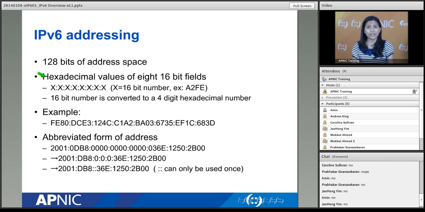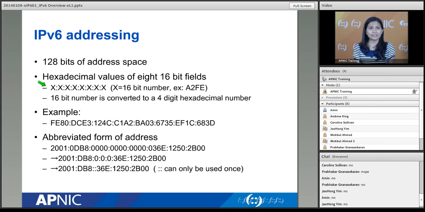From 128 bits, if we're using hexadecimals, that means we have somehow trimmed it down to 32, right? 32 hexadecimal digits. But we can still trim it down. We group them into fours, okay?